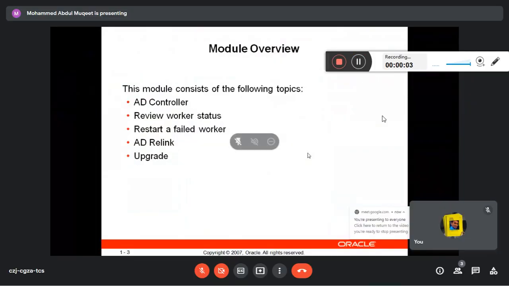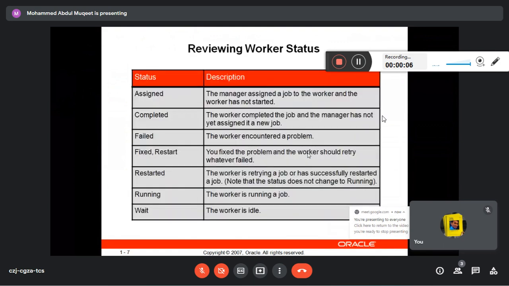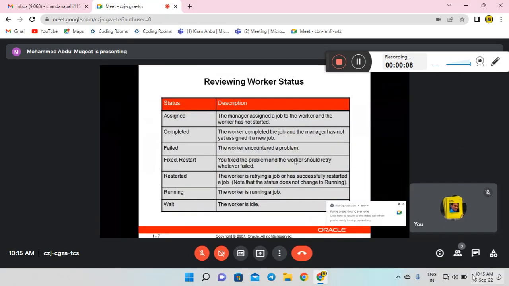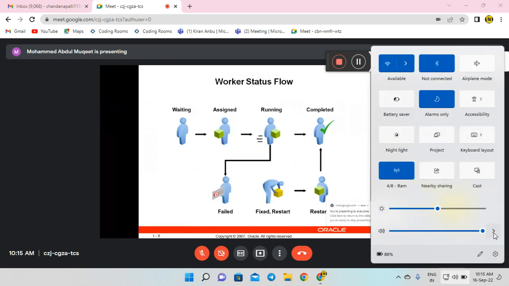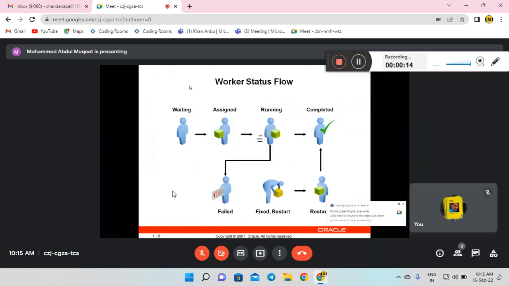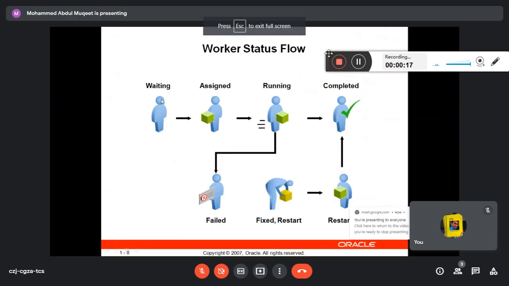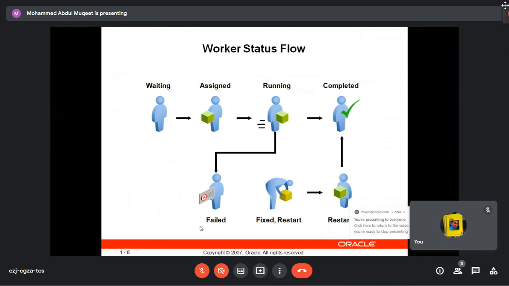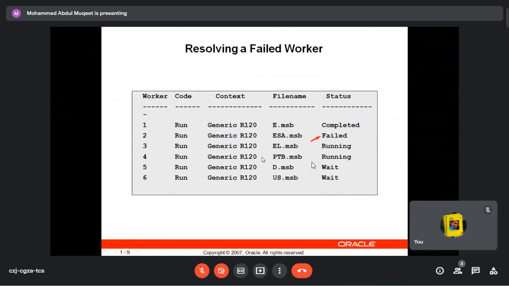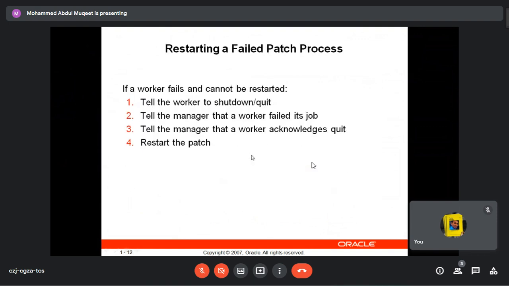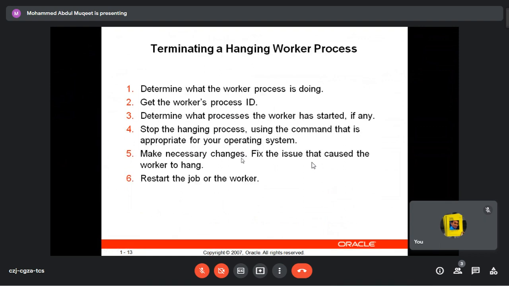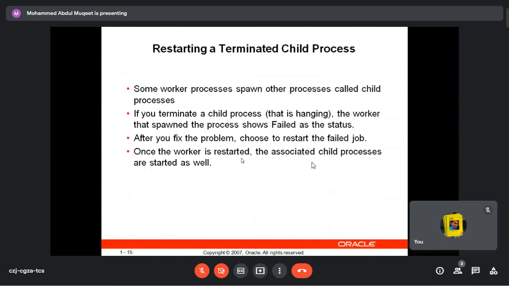Monitoring workers, relinking, what are the different worker statuses? When you run any AD admin task, first it will be in assigned, waiting, assigned, running. If it fails, then you have to fix it, restart it, and it will go to completion. If it is a normal one: waiting, assigned, running, completed. Correct. Then restarting a worker, restarting a failed batch process, terminating a hanging worker process, restarting a terminated